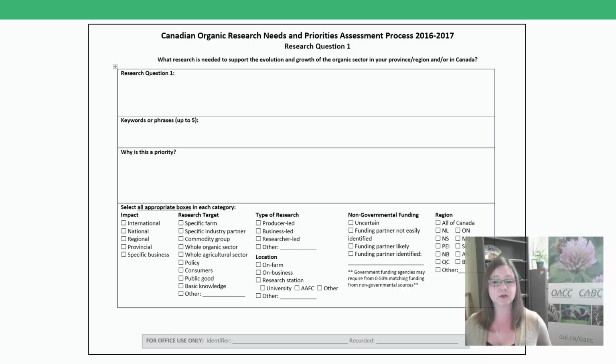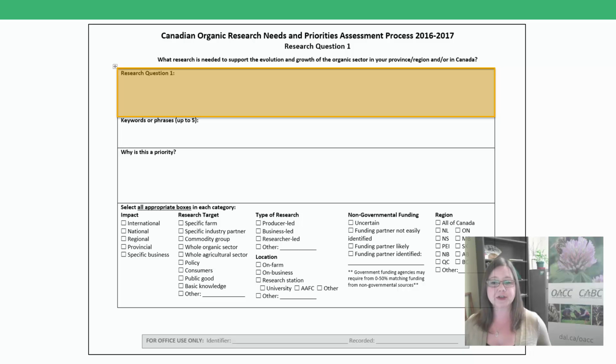Let's dive in for a quick overview of the information that you're being asked to fill in for each question. The first cell on the table asks you to provide a research question. Here we're looking for a clear and simple question that you would like to see answered with research. Perhaps your brainstorming has identified problems that you would like to see addressed or potential opportunities that could be captured. Frame these brainstormed ideas into questions, keeping in mind what the end goals of the research would be.